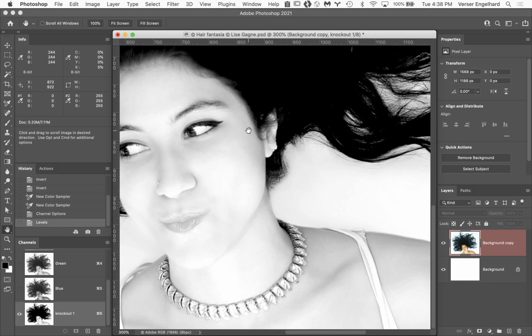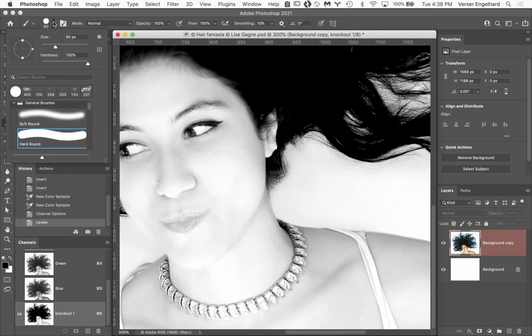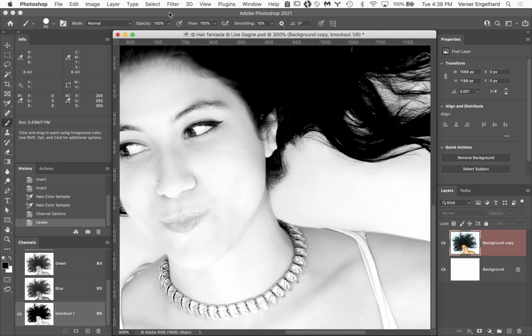But what's complicating for me right now is the skin. To be perfectly honest with you, the skin transitions right here are problematic for me. So I'm going to go after this with a brush. So to start it off, I'm going to hit the B key to get a brush. I'm going to make it a smaller brush. You need to actually change the edge of this brush to make it 100% hard. You want to make sure that you're not spraying anything out onto the background that you don't need to be